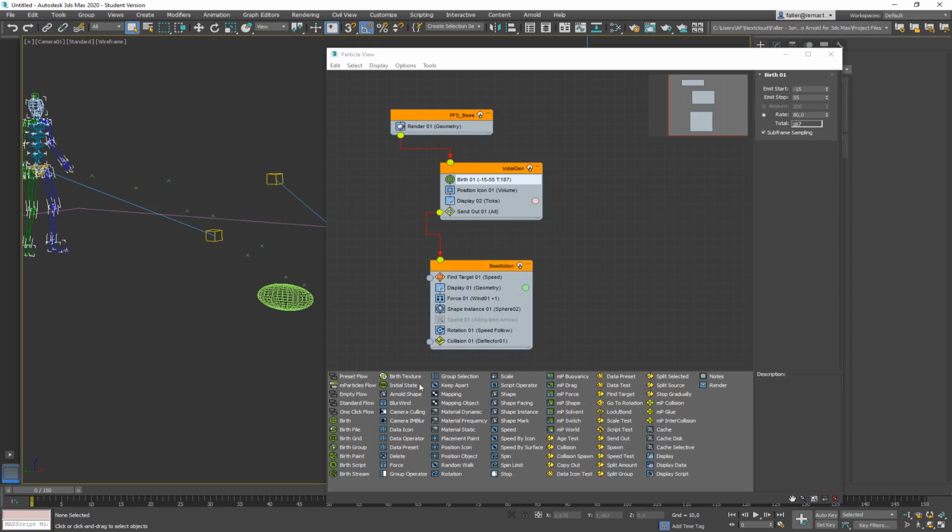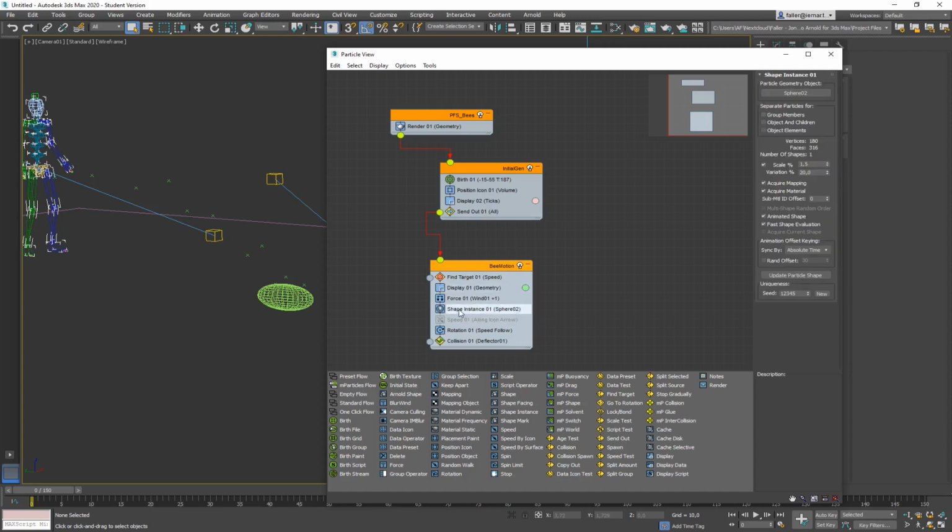The next thing is they're born, then they are coming out of the emitter. This time it's a different emitter, but it's the same thing. It's a volume, not a rectangle. Then the display, they are just little ticks. And then there is the send out. Basically, it means all the particles are then sent out into a new event. And all the things like wind and display, what it is, geometry. In this case, it's a shape instance. Maybe we'll talk next time about shape instance here. Then they have a certain speed.